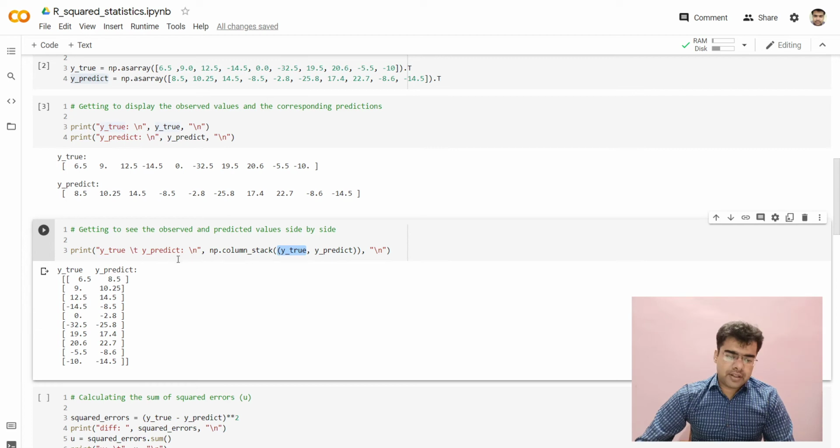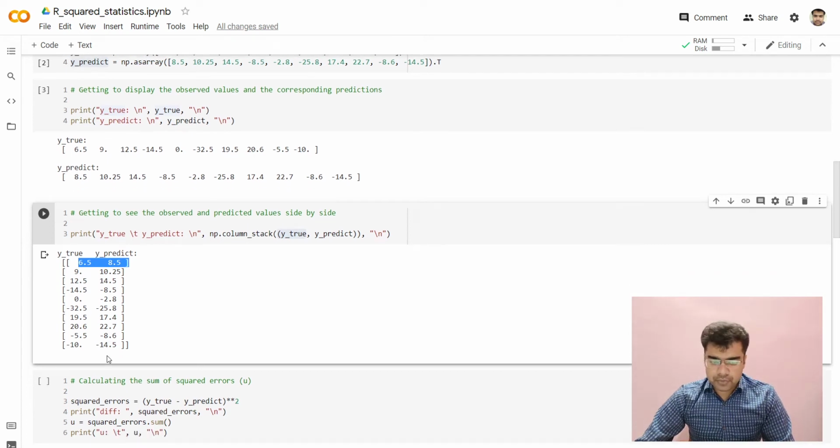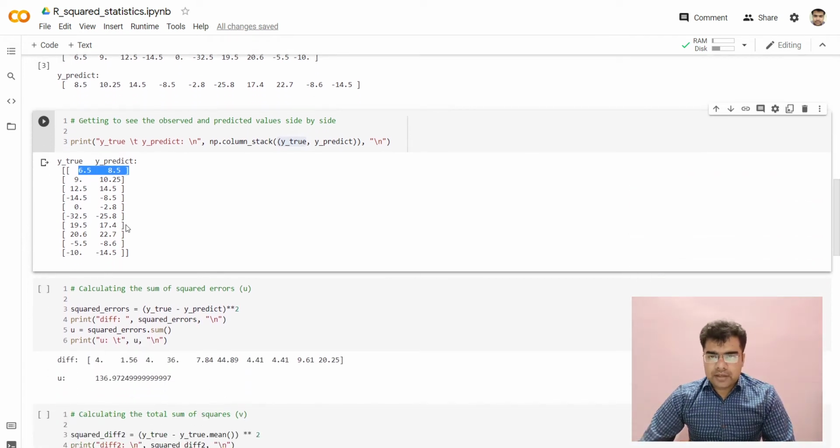As you can see, if you look at this particular tuple, the first entry is equal to 6.5, which means it is the ground truth for the first sample. The second entry is equal to 8.5, which means it is the prediction for the corresponding sample. Likewise, the same holds for all these 10 different values. So until now, we have a bunch of predictions that have been made by the model, and I also have the corresponding ground truth.